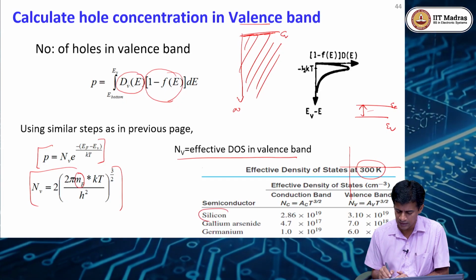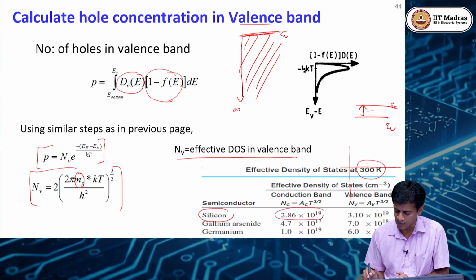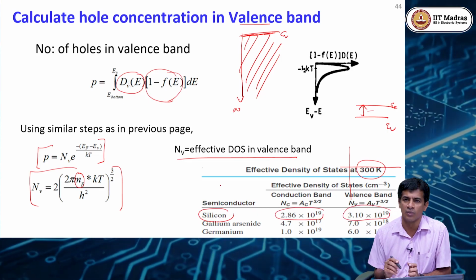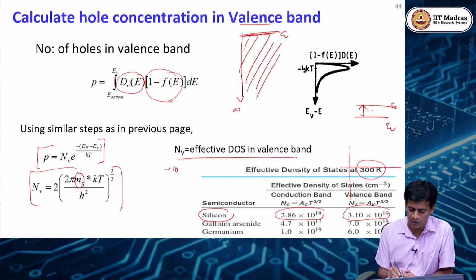In silicon, the effective density of states at the conduction band is around 10 to the power of 19. The holes are also around 10 to the power of 19. That is why this is very important. So you can see, the NC and NV are roughly around 10 to the power of 19